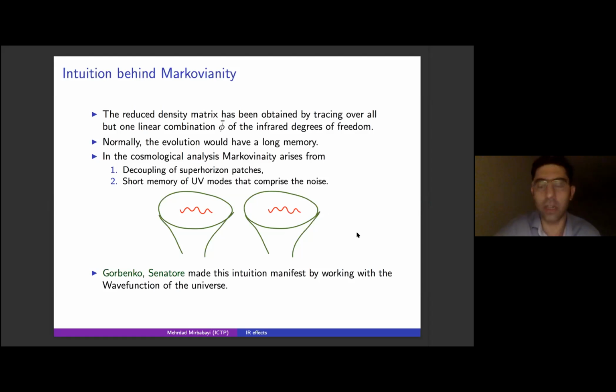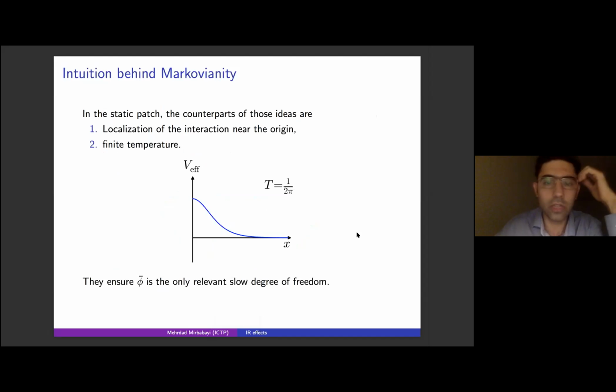So I wanted a similar thing in the static patch. See what is the reason that allows me to get this local evolution to all orders. And I think I now understand what is happening. Essentially the structure of the interaction terms in the static patch is that there is no translation invariance in the static patch, and the interactions are localized near the origin. And then we are at finite temperatures. So essentially these two reasons lead to